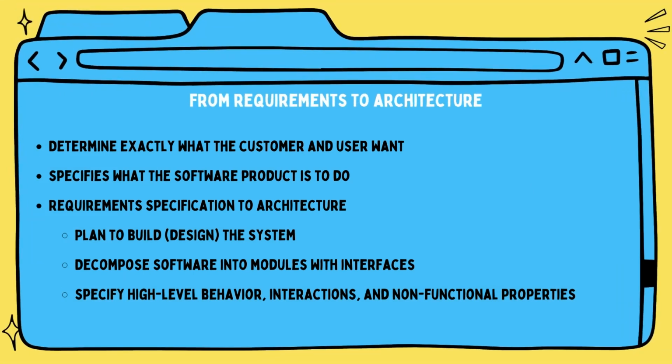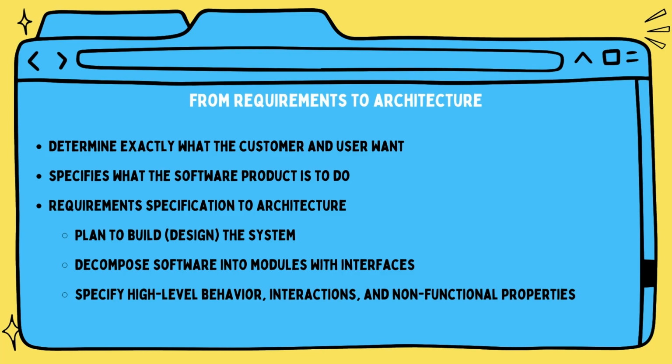From requirement to architecture: determining exactly what the customer and user want. Specify what the software product is to do. Requirement specification to architecture is planned to design the system, decompose software into modules with interface, specify high-level behavior, interaction,